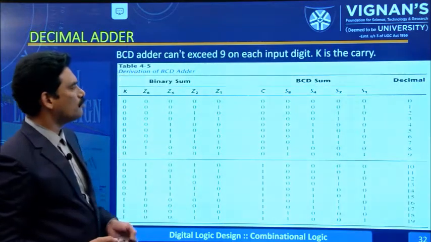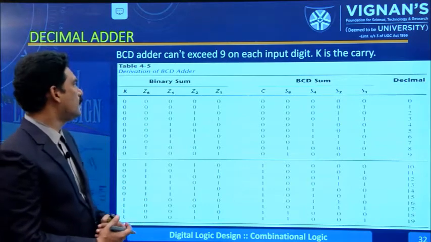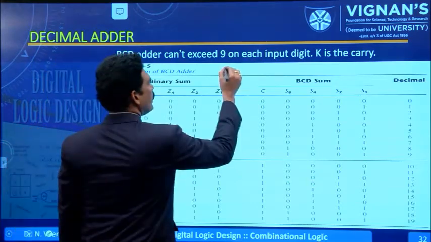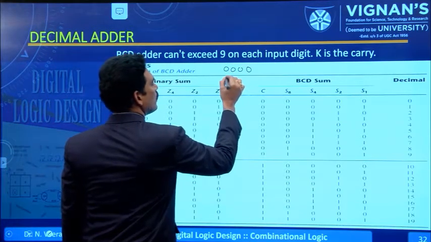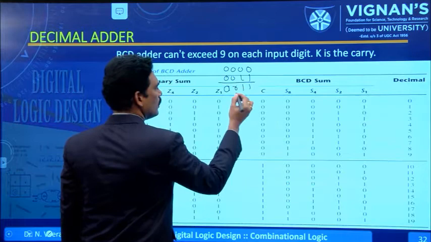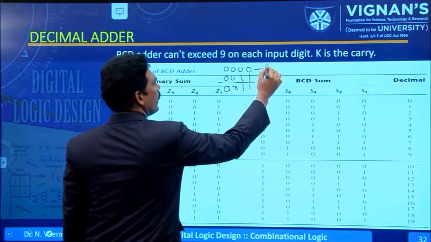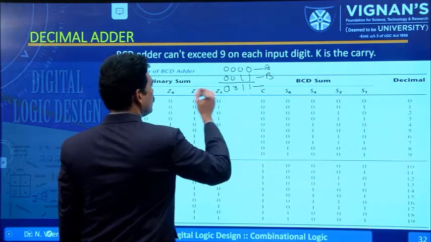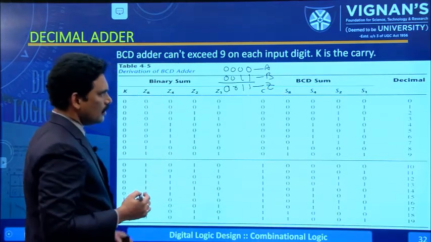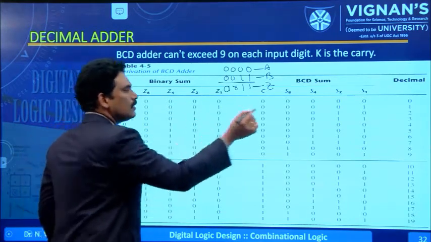And now how are we going to perform this? This is the BCD adder. Here, what is the binary sum? Suppose we perform a binary sum of 0 plus 0 and 0 0 1 1, and so on. This is A and this is B, and we get the binary sum, that is Z, Z0, Z1, Z2, Z4, Z8, and this is K. Here, K is the carry.